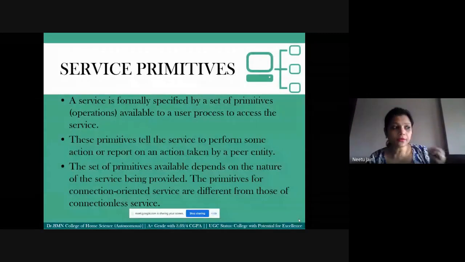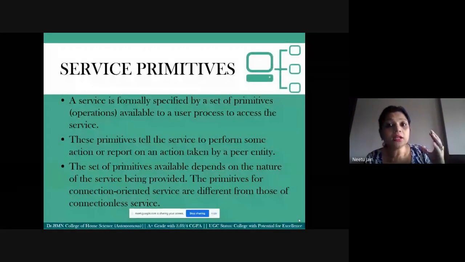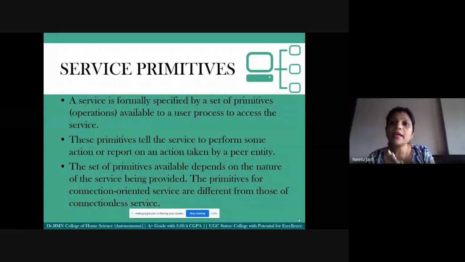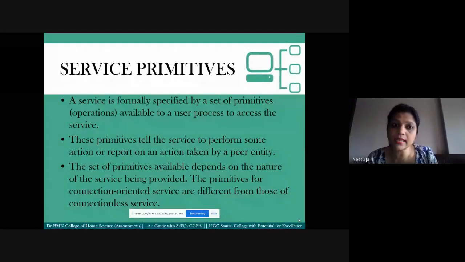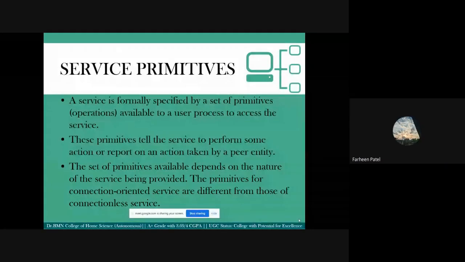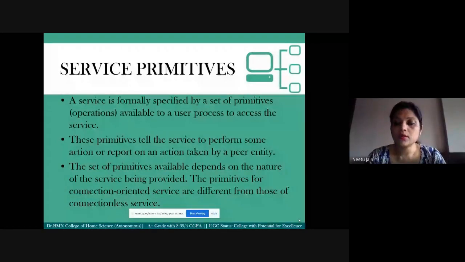So if I need a particular service, in order to access that service, there are certain operations made available to the user process, and the execution of those operations is mandatory in order to avail that service. Is that understood? Yes, ma'am. Understood. Okay, good.